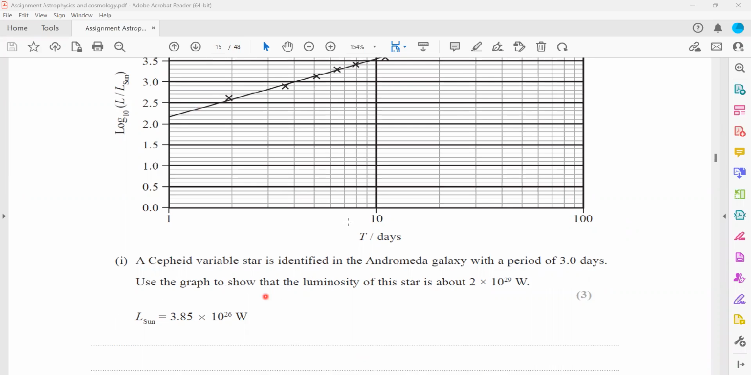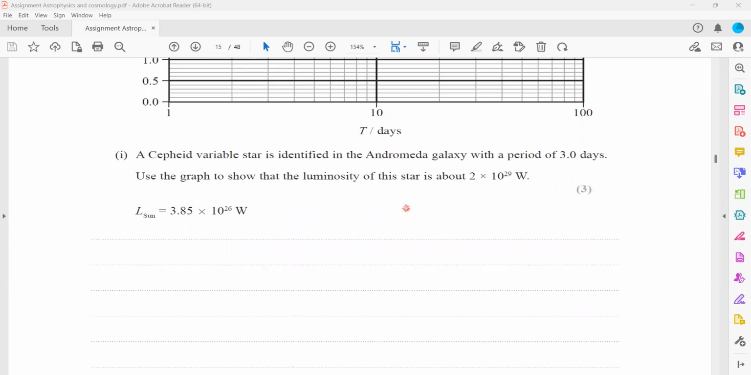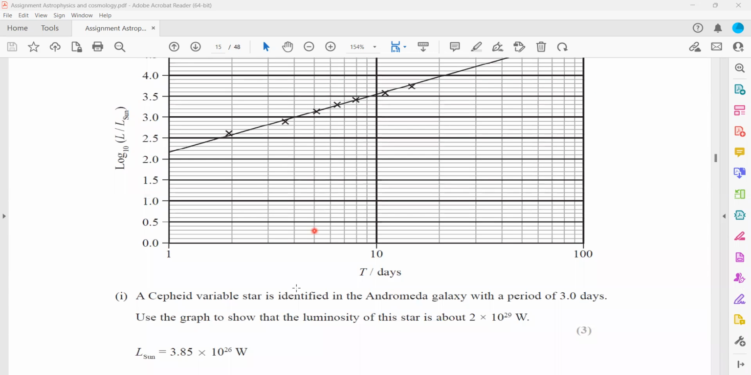So we have to show the luminosity of this star is about 2 times 10 to the power 29 watts. The luminosity of the Sun is given, which is 3.85 times 10 to the power 26 watts, so the power of the Sun is given. So when we compare this,